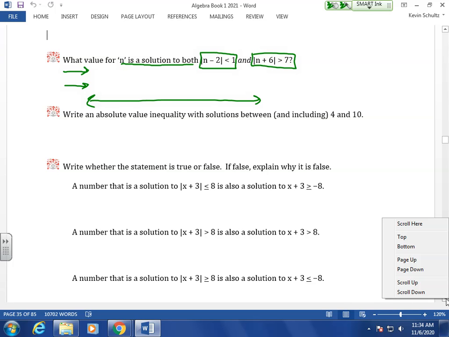Right? So if these were the graphs, and they aren't, but if we had, for the first one, n is between